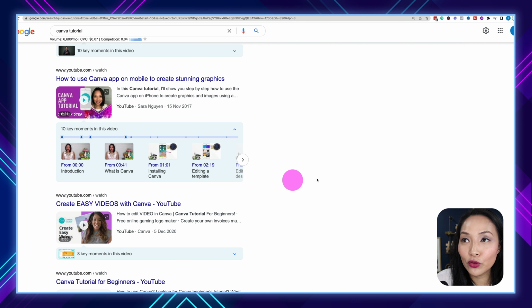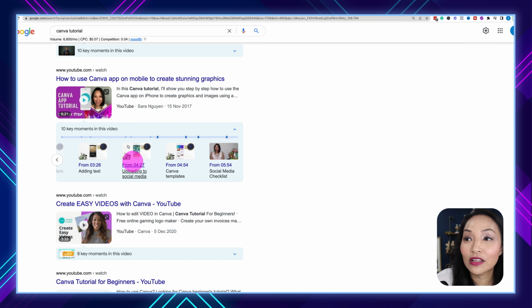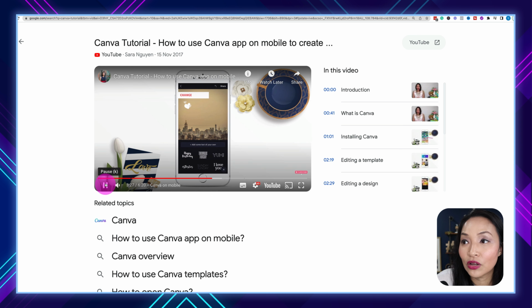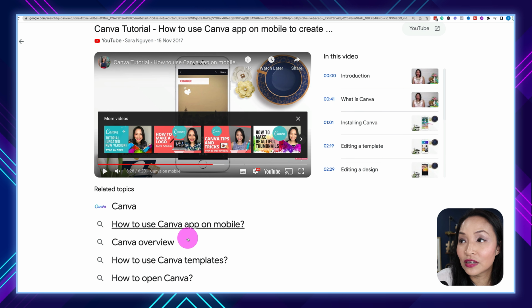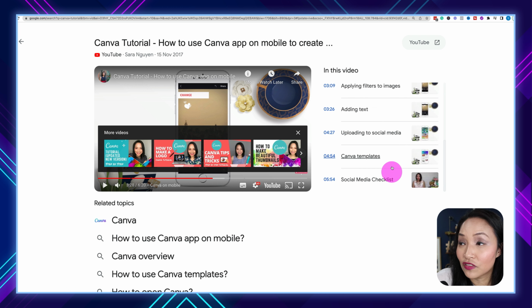And so people who are searching for this keyword, they may stumble across my video, scroll across and have a look at the chapters and go directly from YouTube search. So say they just want to add text and it will take them to that section of the video itself. And that's pretty cool. And it will show them the rest of the timestamps here. So you really, really want to make use of chapters and timestamps in your video where possible.